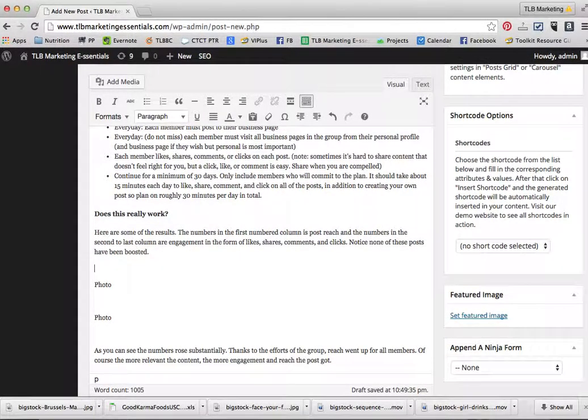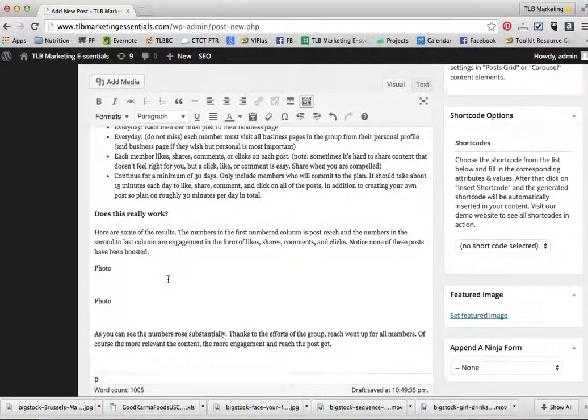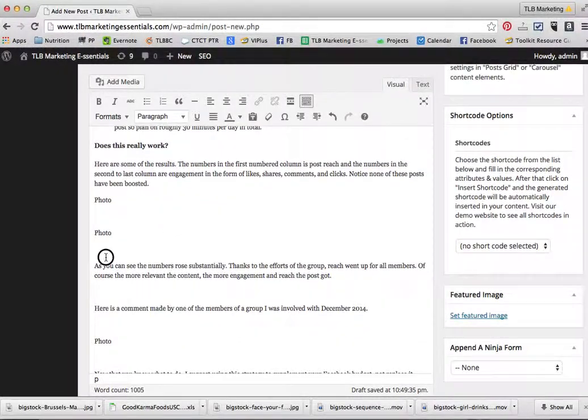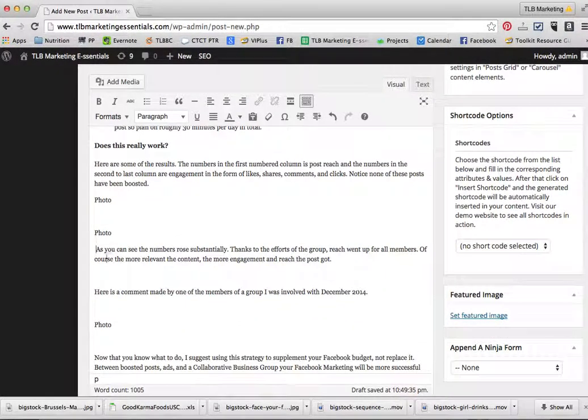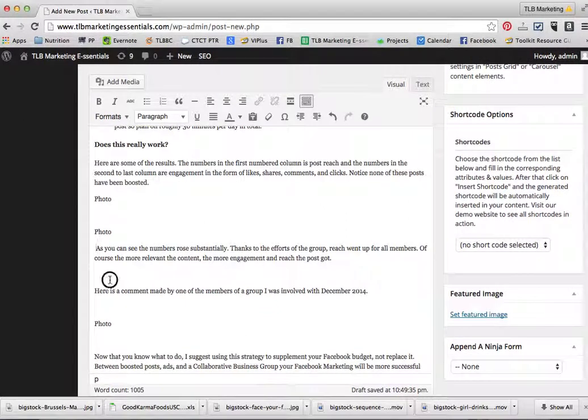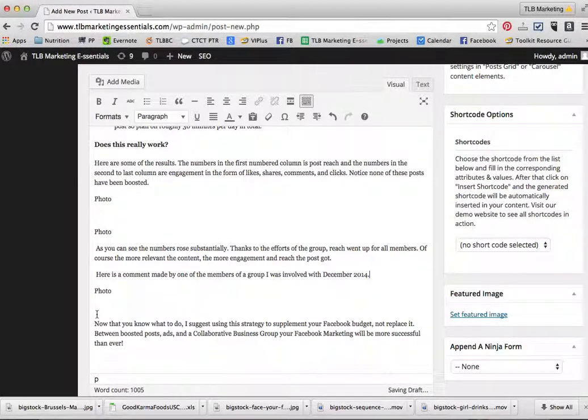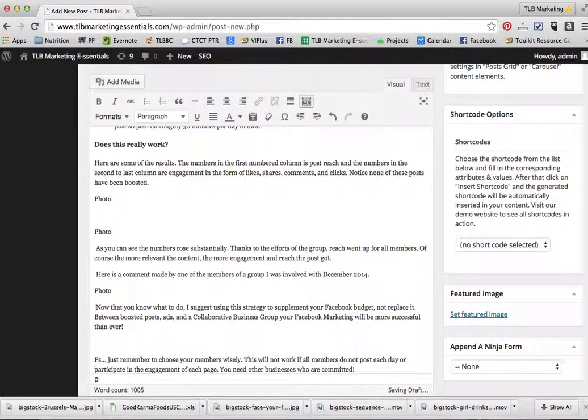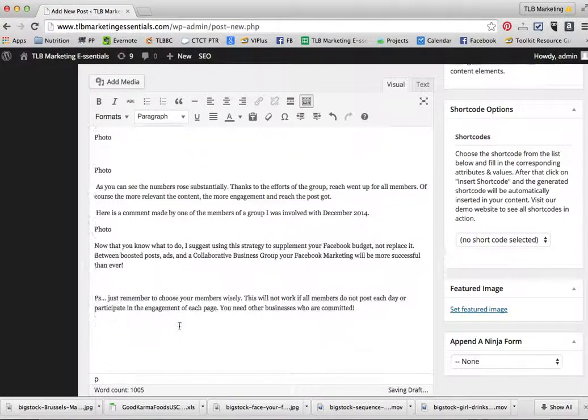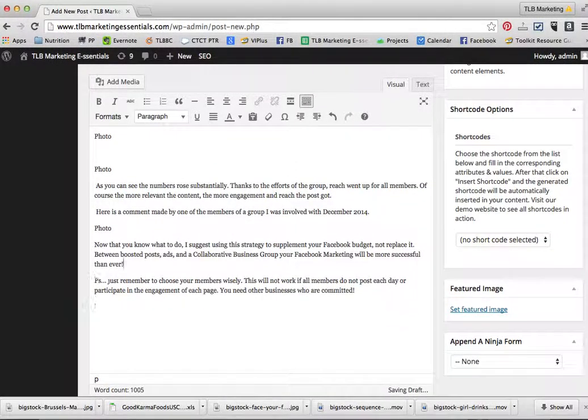And now you can see this is where I want to add my photos. So we'll go into that in just a moment. And I have a little PS on the bottom. I'm going to italicize that as well.